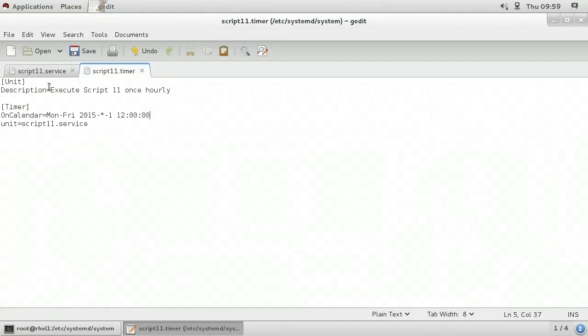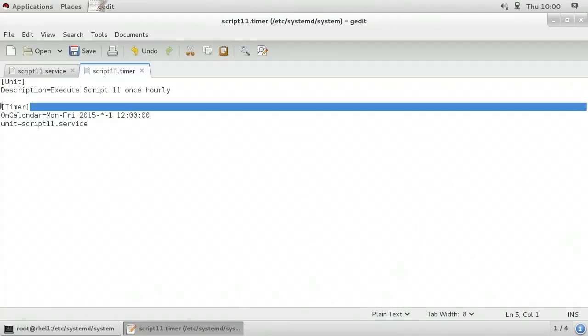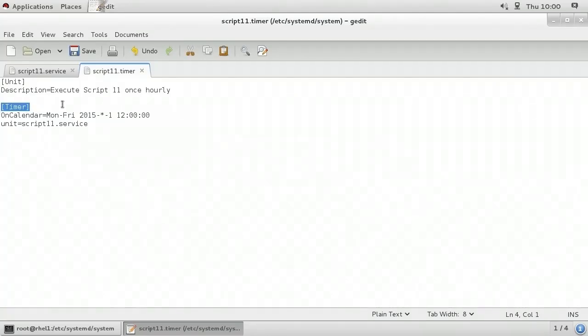In the .timer file, we've got a unit heading section with a description directive underneath. But then we've got a timer section. Remember, sections are denoted with open and closed square brackets. Under the timer section, I've got a directive that says OnCalendar equals Mon-Fri, that's Monday through to and including Friday, space 2015